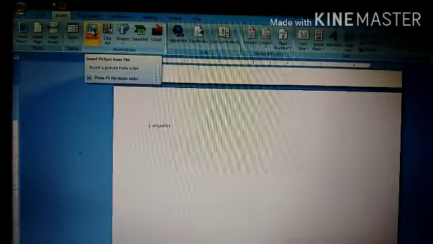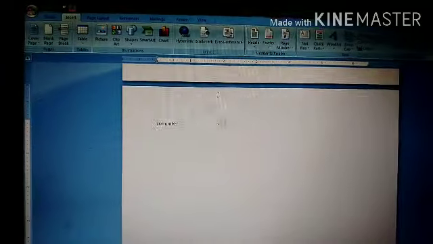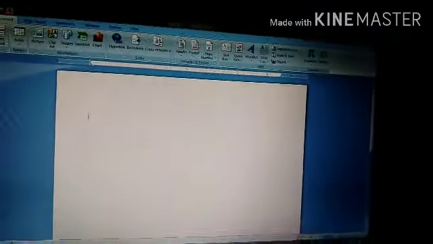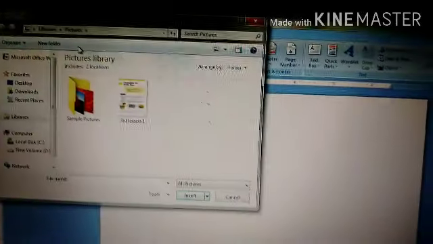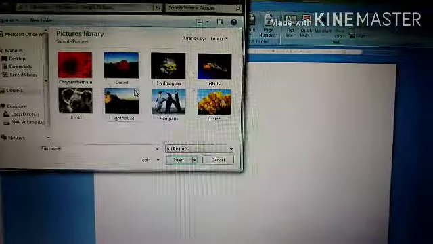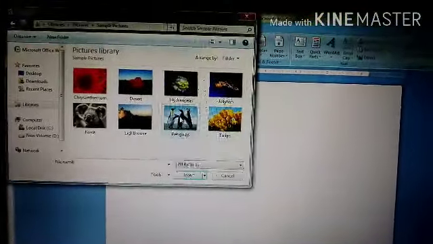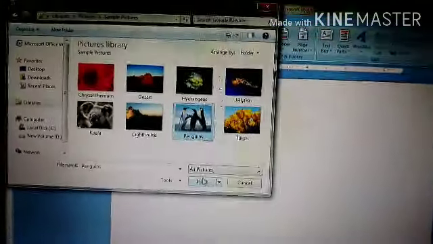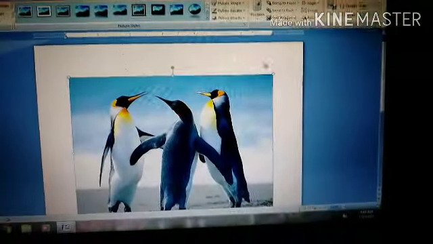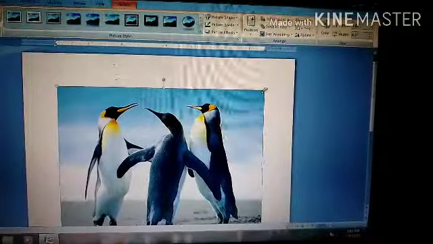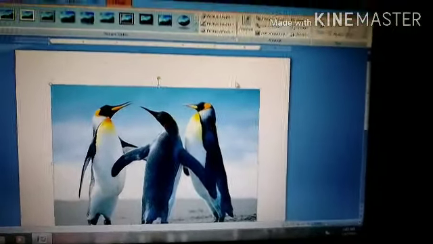Okay, after that we have completed tables already. Now we will do the picture option. For this I am just selecting all the documents. After deleting, where our cursor blinks, the picture will be inserted there. First of all, I am just clicking on the picture option. From this we have to choose any one picture, click on that picture and click on insert. Now the picture is inserted. You can resize the picture.